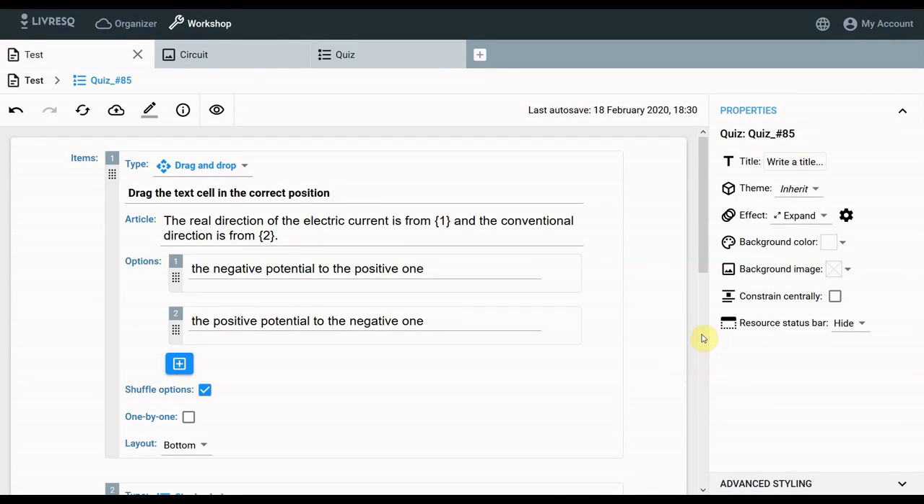In this clip, we will see how to work with the background coloring in Livresq. The background color of a resource can be chosen from the background color field. In the Properties panel, on the right side of the resource edit screen, color selection can be done in 3